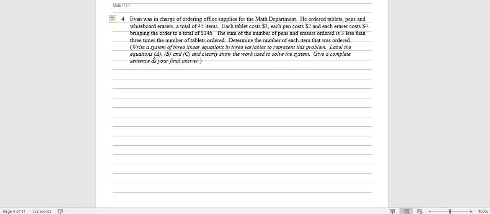So we want to solve this by writing a linear system of 3 linear equations and 3 variables to represent the problem. We want to label our equations A, B, and C, clearly show our work used to solve the system, and give a complete sentence as our final answer. The first thing that I recommend doing is making sure you're clear on what your variables represent. So I am going to let X be